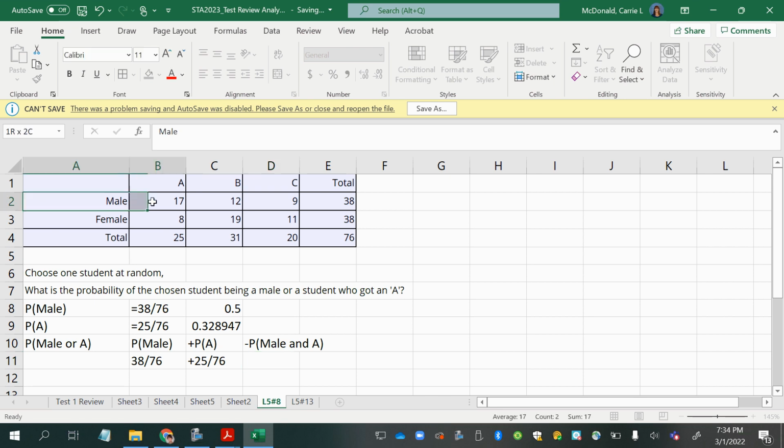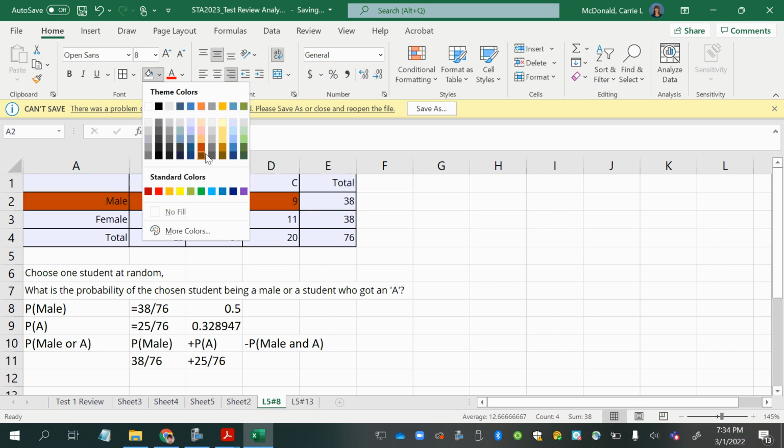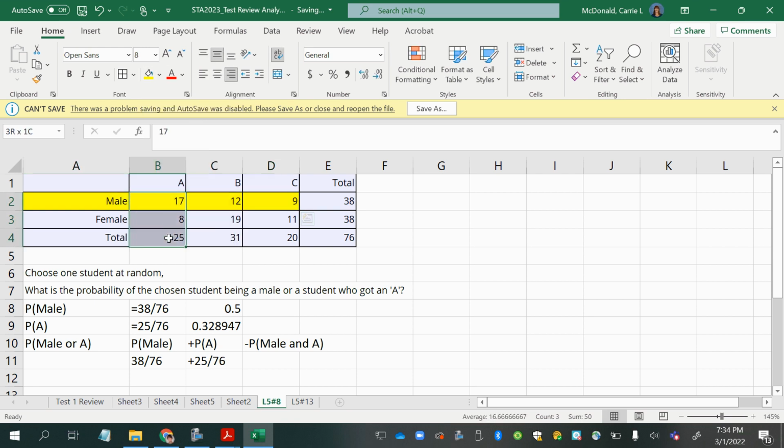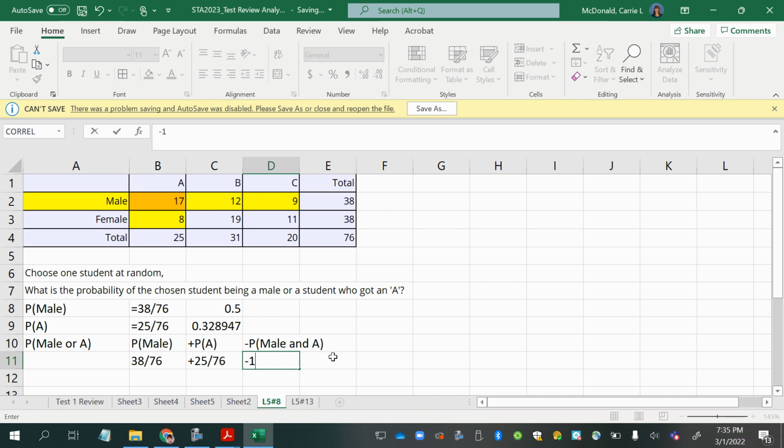And so we can see where there is an overlap in the male students with the A students. So right here is the overlap. 17 students who were males that got a grade of A. So those 17 students were already counted when we counted the 38 male students, and the 17 were included in the 25 students who got an A. So we have an extra 17 students so far in these two quantities. So we're going to subtract off the 17